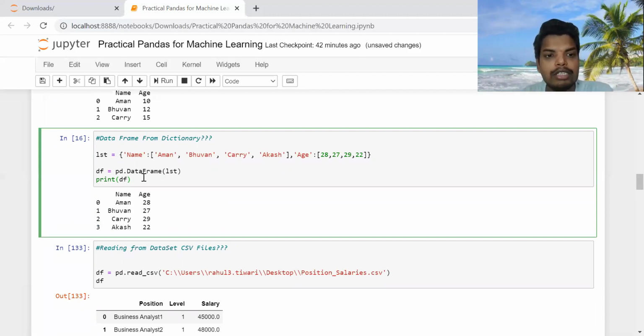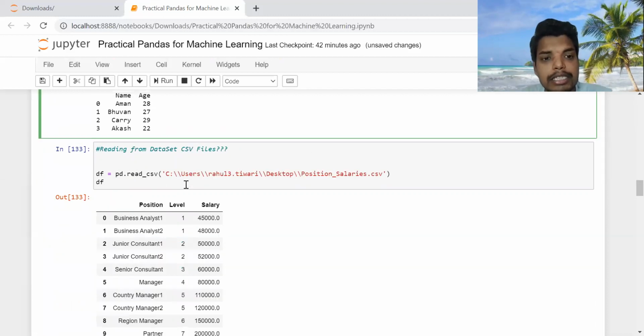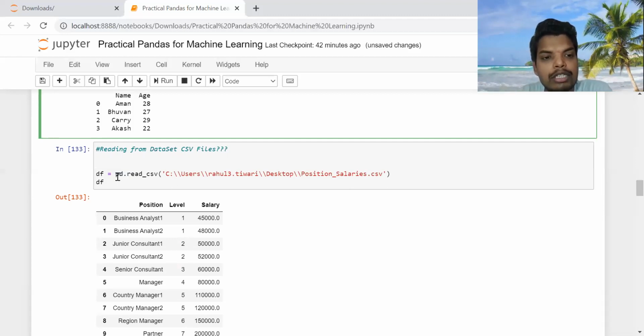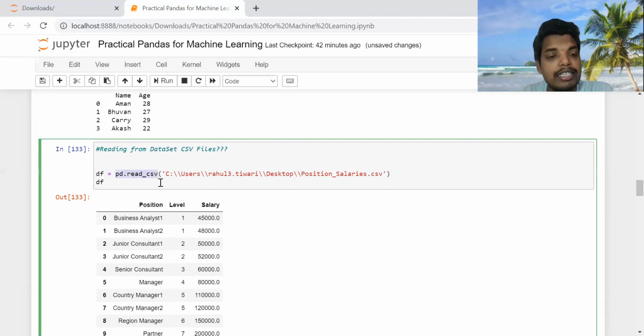So now the next example is a data set which I have downloaded, which is available online. It is the income prediction data set, and I'm just showing you the data set over here. With the help of pd.read_csv, read_csv is a method using which you can read the CSV files which you have stored.